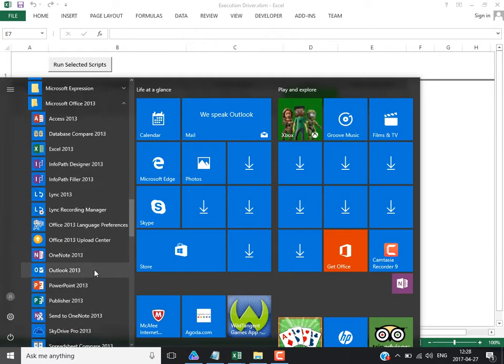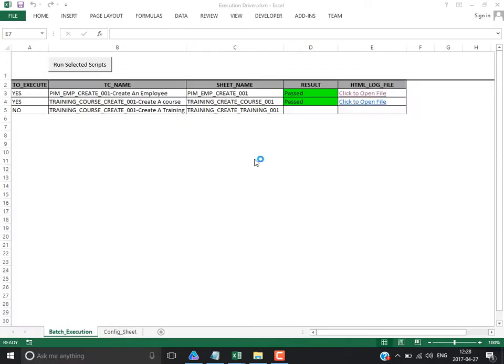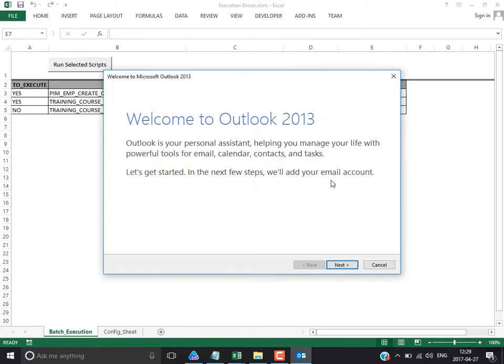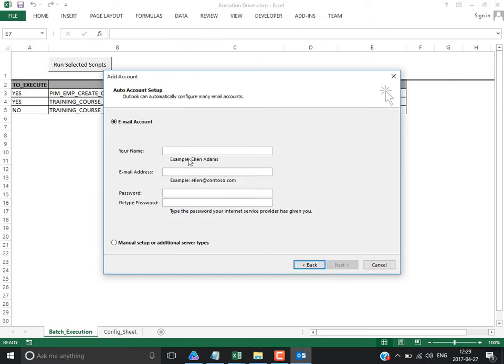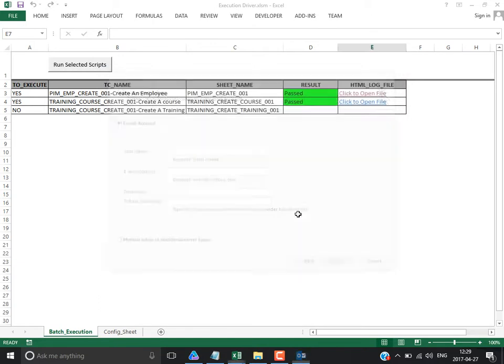You have Outlook here. Okay. So normally you can configure the Outlook and you can send out an email from Outlook. But for that, if you want to use Outlook, you have to configure the Outlook first. Okay, so once you have configured the Outlook, then you can use something called